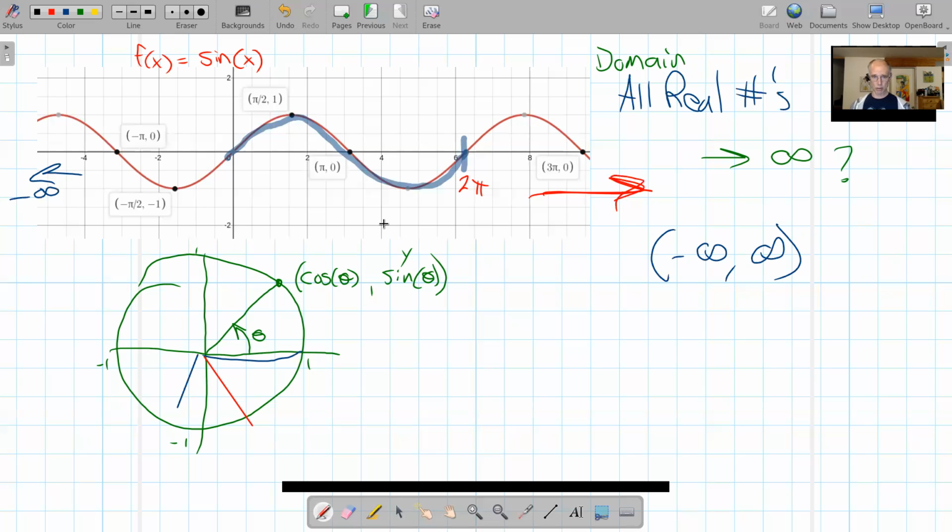So domain and range. Domain: what x values do you have to play with? What values of the independent variable are you allowed to plug in? Range, oh, I didn't do range of this sucker. If we think about the range, we can see on the graph here that we hit this max again and again and again, and that max is y equals 1. And we hit this min down here again and again and again, and that min is -1,